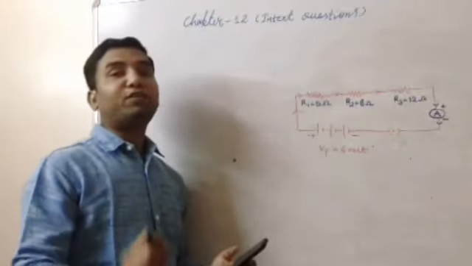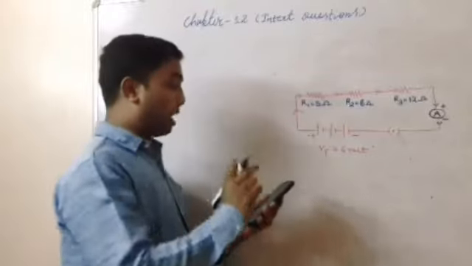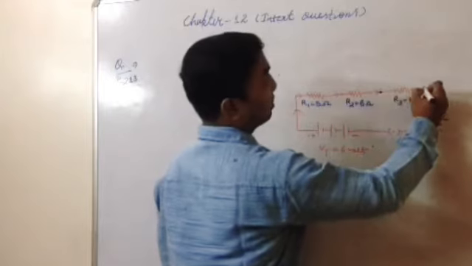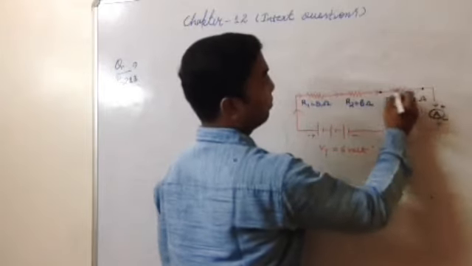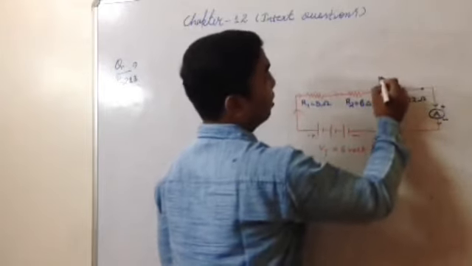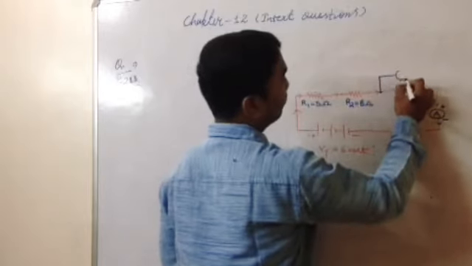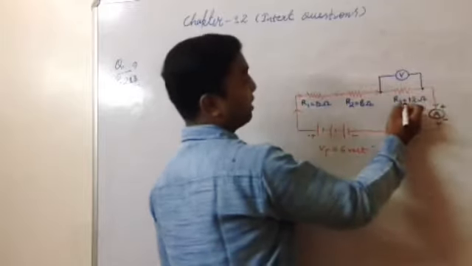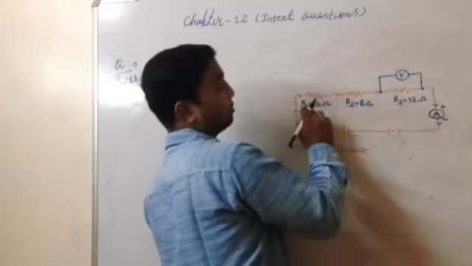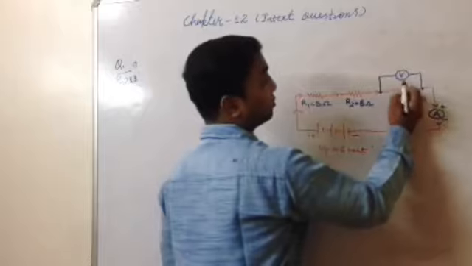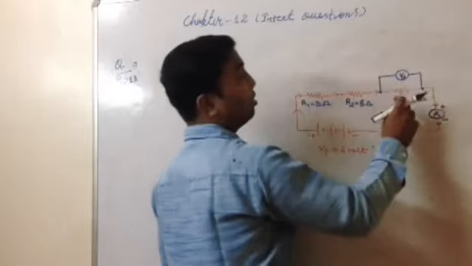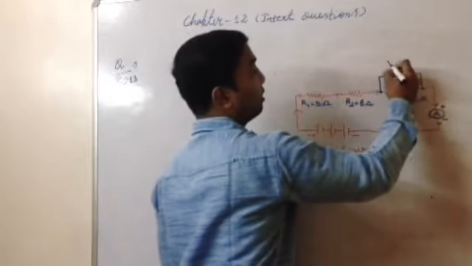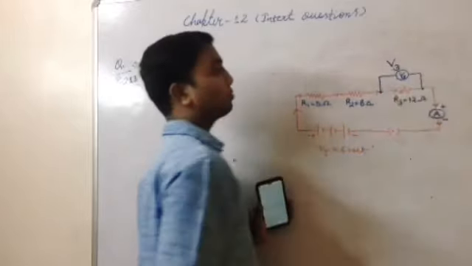And what else are they asking? The potential difference across the 12 ohm resistor. Okay. So how to connect a voltmeter across it? This is one end of this resistor and here, so here we will connect a voltmeter V. And what reading would it give us? This is VT. This was R1, R2 and R3. So what reading would this have? V3. Okay. Potential difference across the third resistor. So this will give us V3.